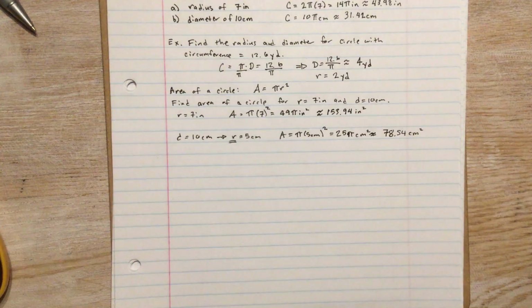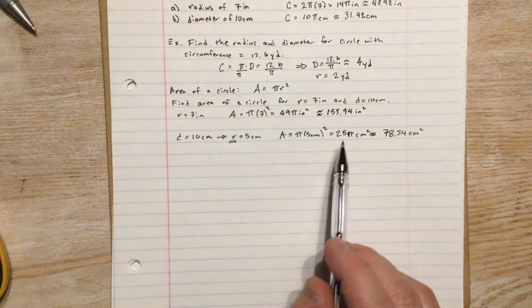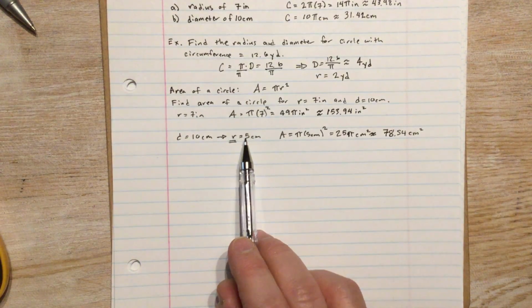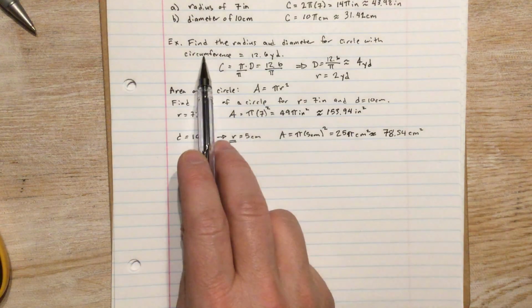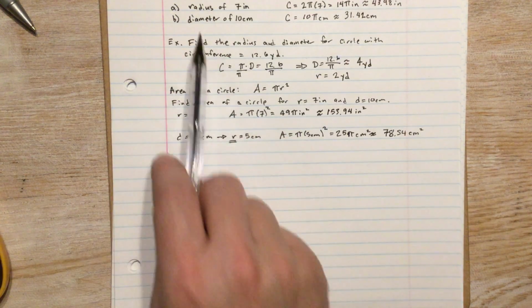All right, so that should get you going, and you should be able to do pretty well on your homework. Just remember, if you are starting with the area, like on number 23 and 24, you have to go backwards. And so if it's exact, it makes it a little bit easier because then you just have to take this number, take the square root, which brings you back to your radius. And then on 23 and 24, you have to find the circumference. So you go back and do what you had to do up here. Okay? Excuse me, right up here